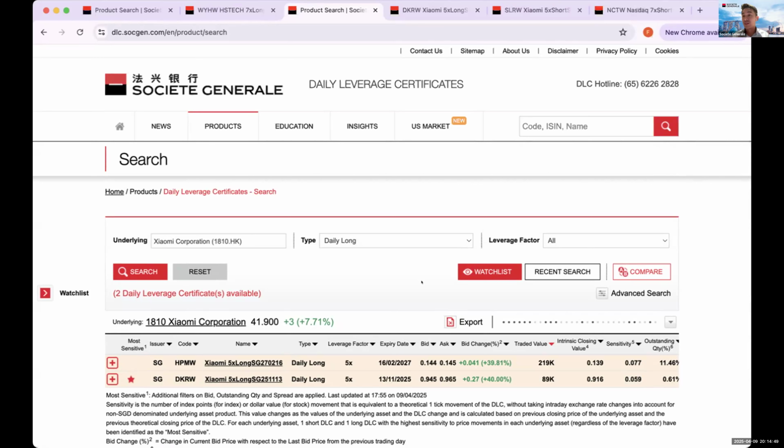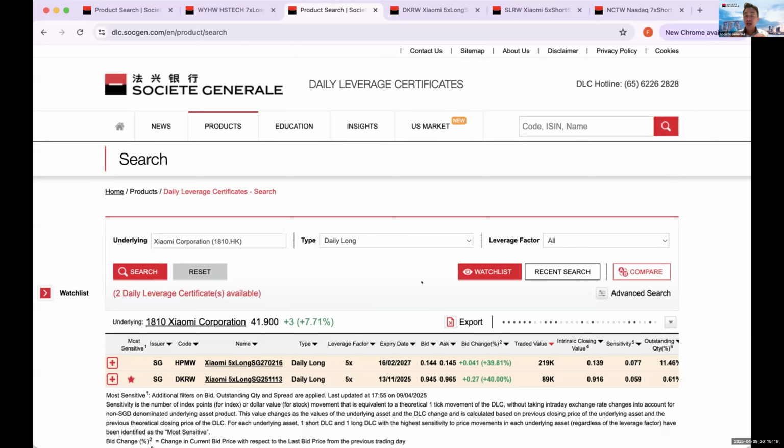You saw the 40% gain on Xiaomi just now. Intraday you can make 40%. That's why a lot of people do use it for intraday trading as well, for an overnight trade or trading it for a few days or a few weeks. But definitely please don't hold on to the DLC for months on end or even a year. All right. This is a short-term trading instrument that you can use for a very short-term trade: intraday, a few days or a few weeks. But we definitely do not recommend that investors hold the DLCs for more than a month.